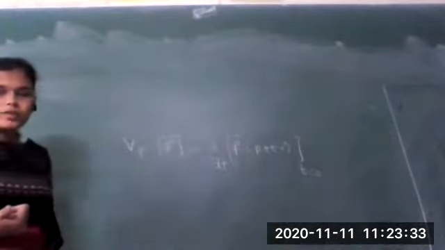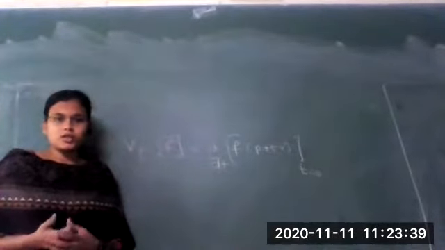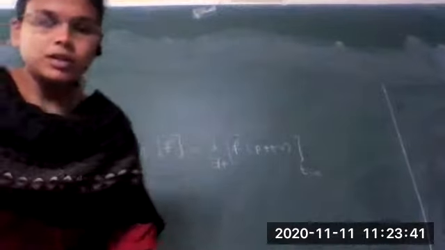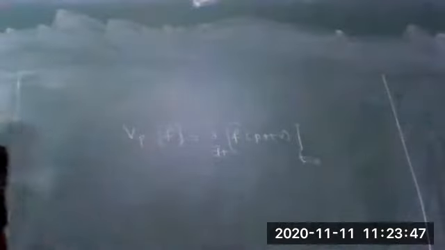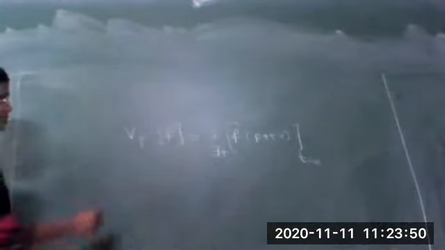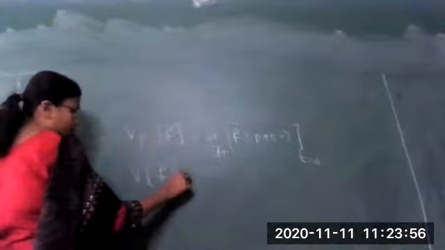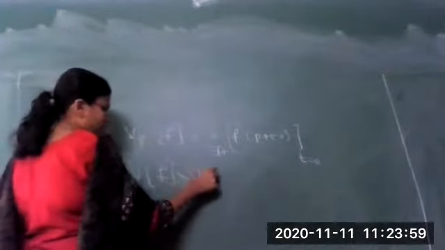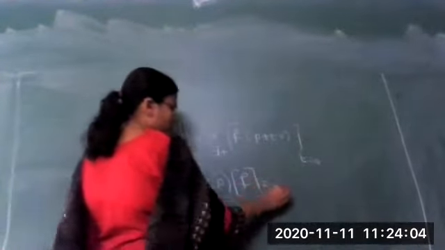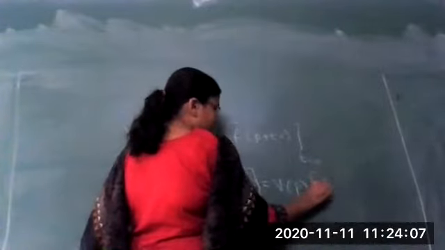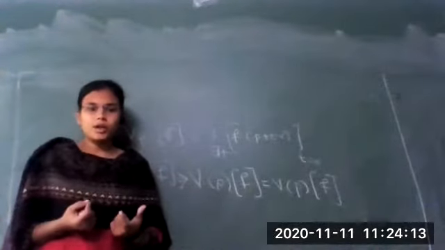Now, why is this directional derivative important? Because it will give you the rate of change in any arbitrary direction. Hence this is very important, so that we can find out the rate of change in an arbitrary direction. After this we have seen the directional derivative of a function f in the direction of a vector field. If I want to find it on a vector field, we have to go by a point-wise application, because on the vector field it is equivalent to finding it on a single tangent vector. So what is a vector field? A vector field is nothing but a collection of all the tangent vectors, one at every point of E3 space.